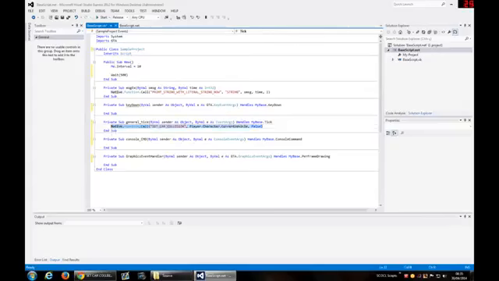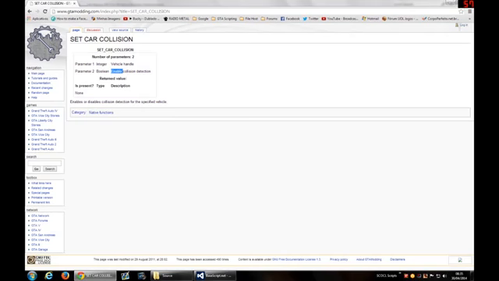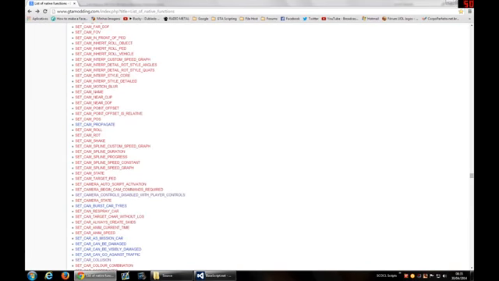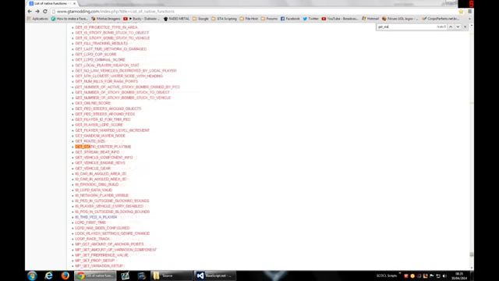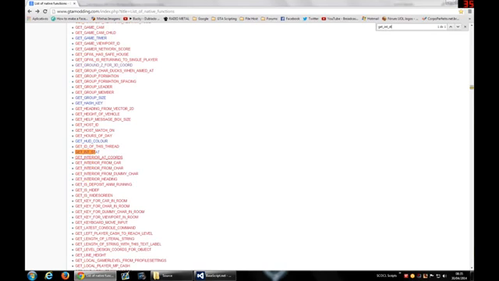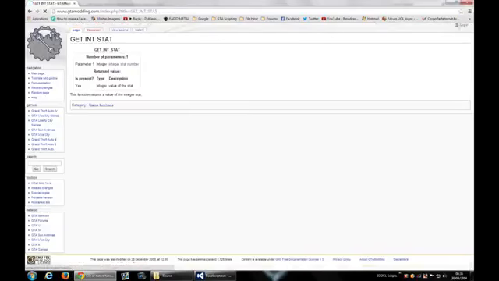Now let's say that you need to call a method and obtain a value from it. Let's pick as an example the get int stat. This method returns statistics from the game, and it has a return value, an integer.